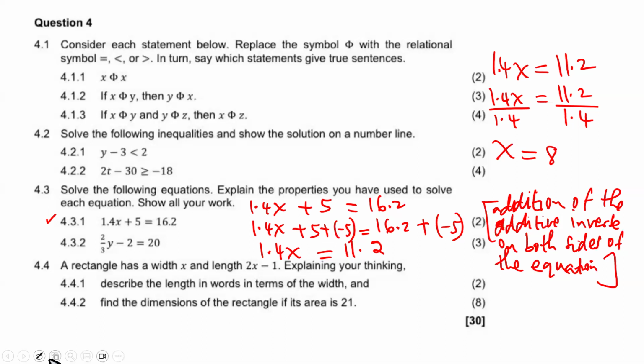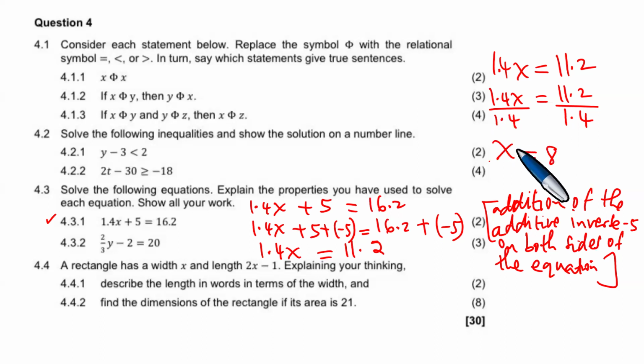So now at this point, it is addition of the additive inverse -5 on both sides of the equation. That's what we've done, and we got this. Now, at this point,